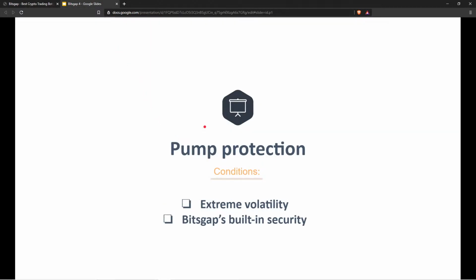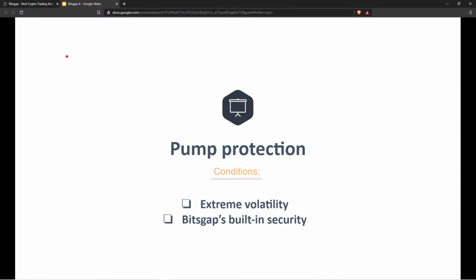Next one is the pump protection, and that's an absolutely cool thing that we have at Bitsgap. That's the know-how, and that's the built-in security mechanism in every algorithm, which scans the market and with very big accuracy is able to scan pump and dump scenarios. So when the market is extremely volatile and moves like crazy, the system automatically detects this and it stops trading for a while,